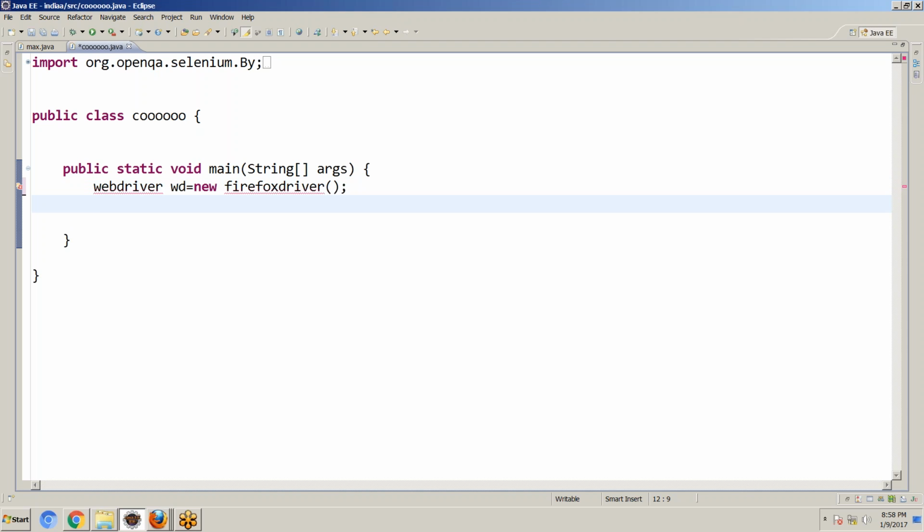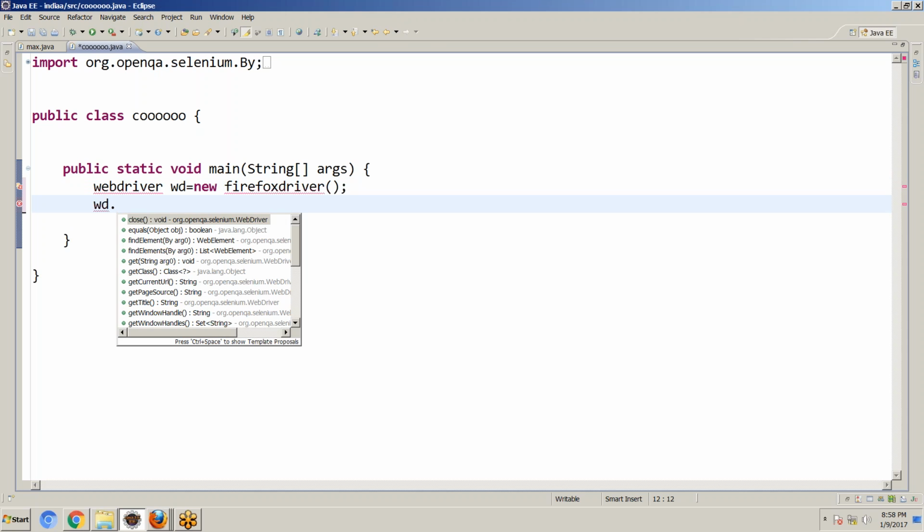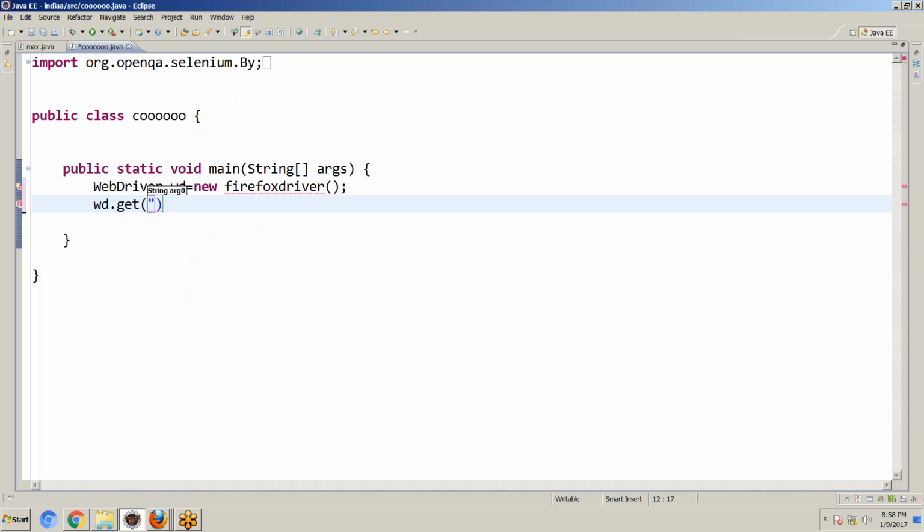If you want to work with any application, WD dot get, http google.com. Compulsory, if you write it, you can get it.